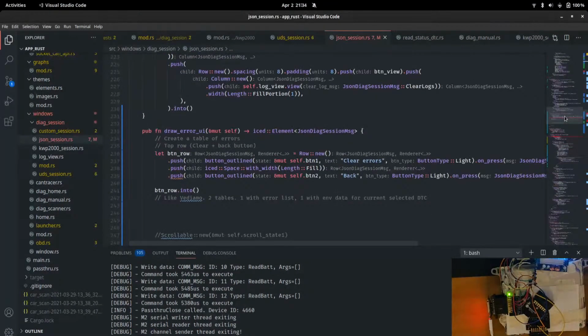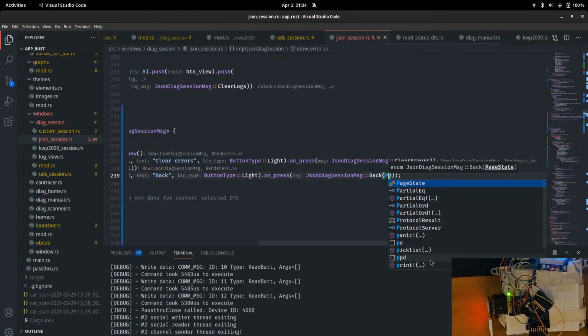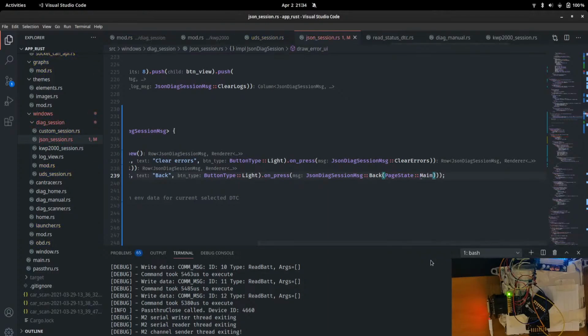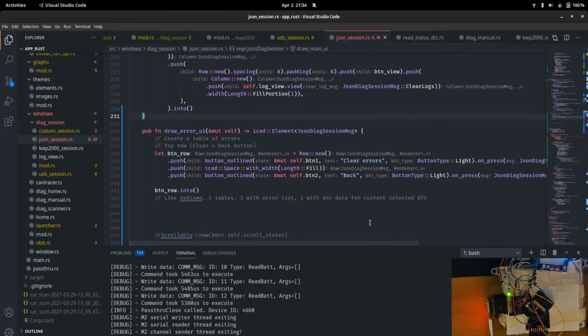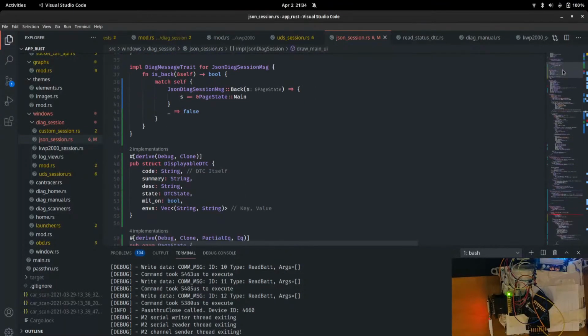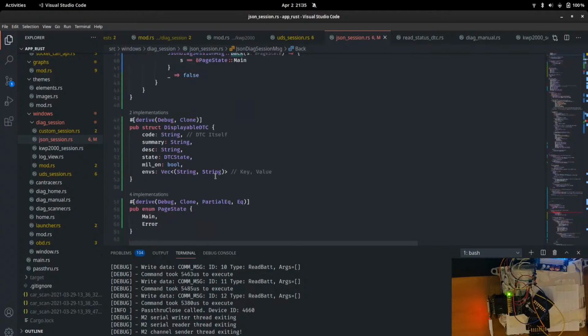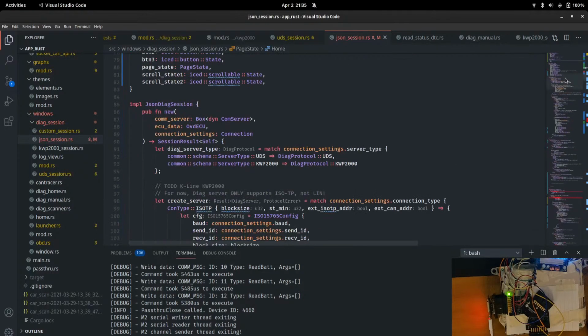Next thing it's complaining about here, so back here would be to page state main. Back to, and then we're going to have a third one, home page. And we're just going to quickly set that to